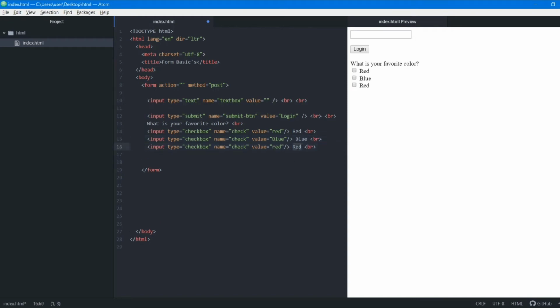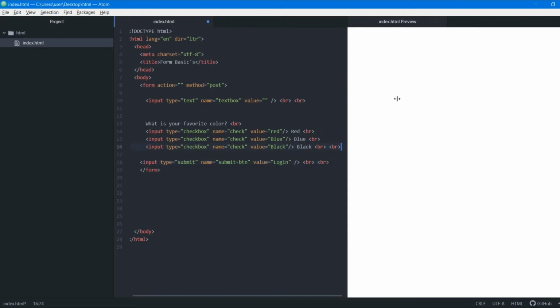I'll call it black. Now you can see black has also been added. Now that looks good. So what a checkbox does is let you select multiple options. You can select all the options if you want. This is what a checkbox does.